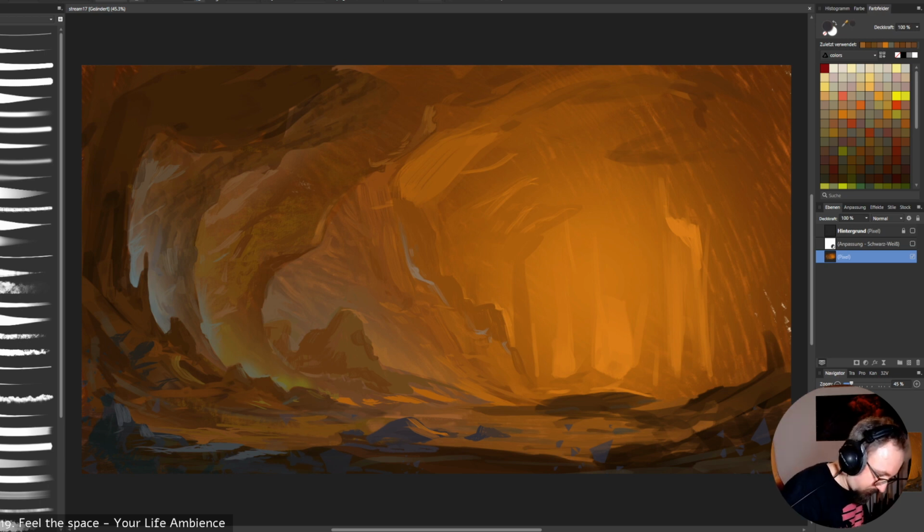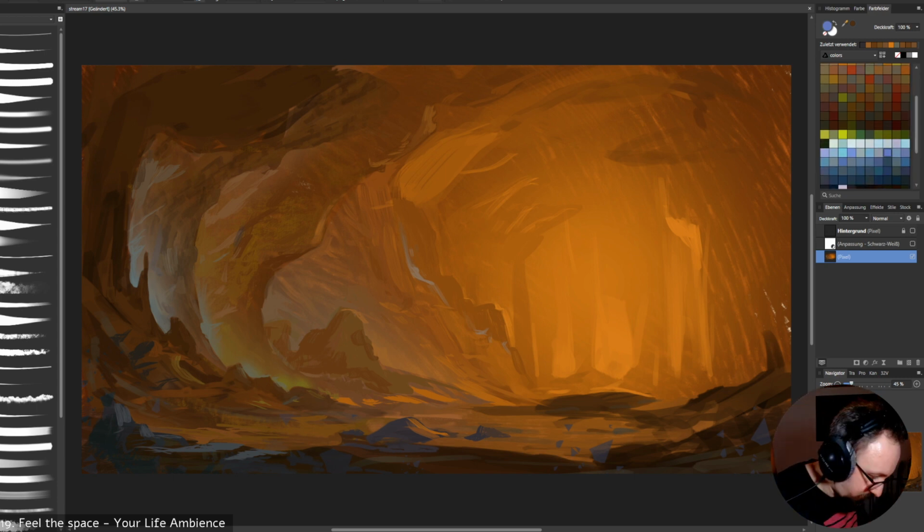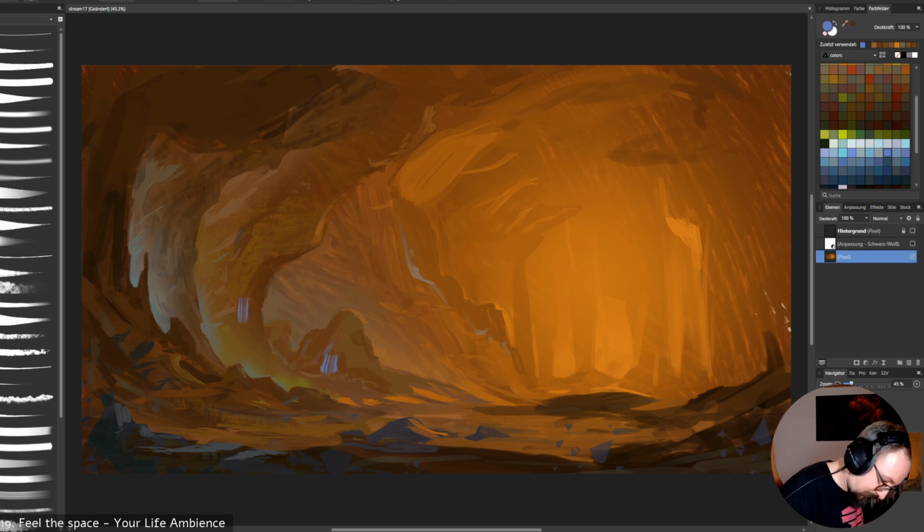Want to include a little bit of bluish tones here too. Let's look for the palette. Might be a bit too bright, but